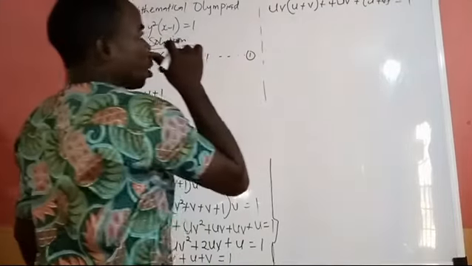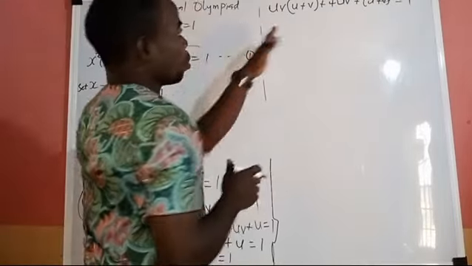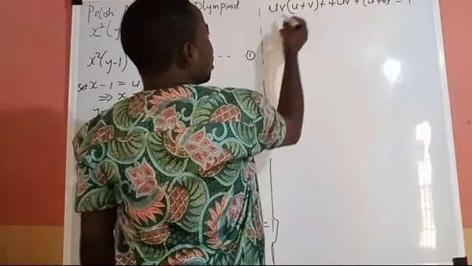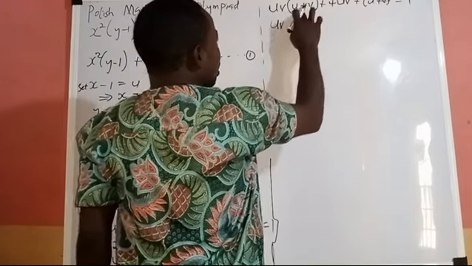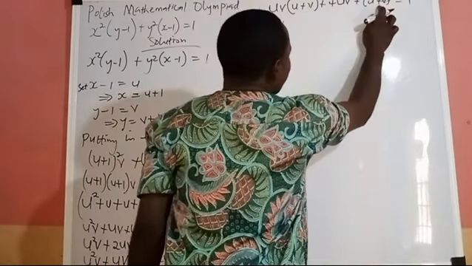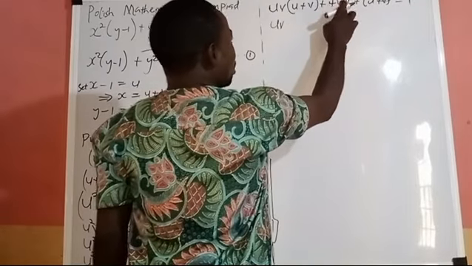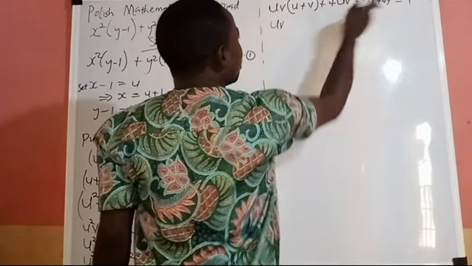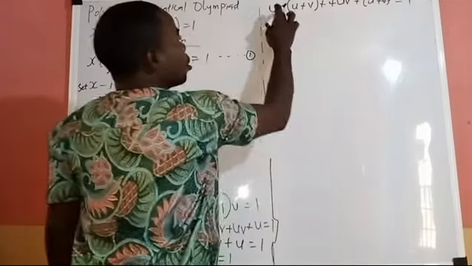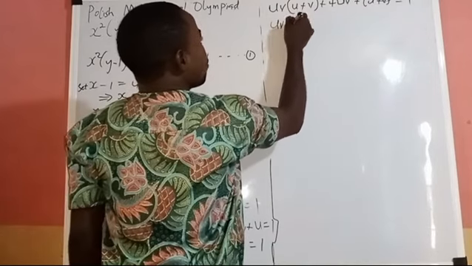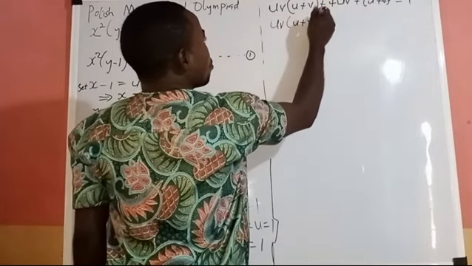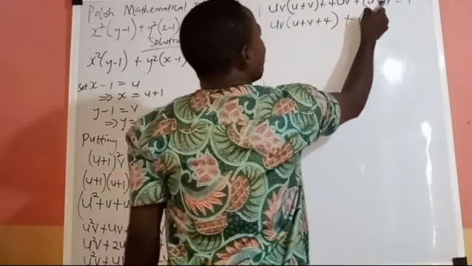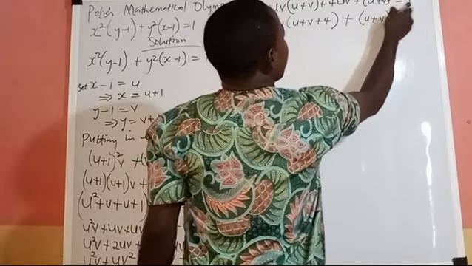From this point, we are just going to do some manipulations here. Since we want to add this one to this place so that we now have uv, you can see that this is looking the same as this, but then we want to add this one to this, and then we'll find a way to also add the same factor to the other bracket. So let's simplify this one further. We have u plus v, and then we also bring out this uv here. So let's add this 4 to this bracket, plus we now have uv, u plus v, and it's equal